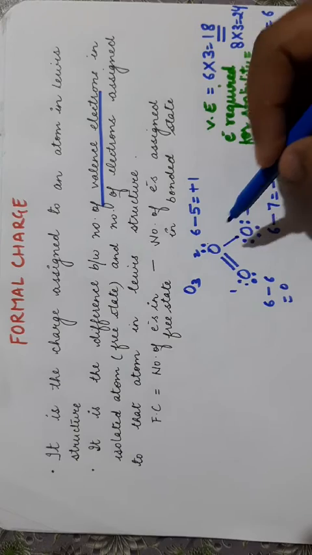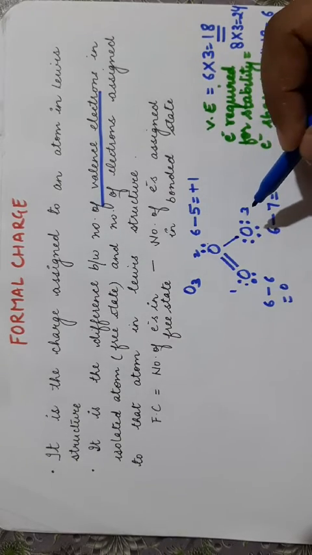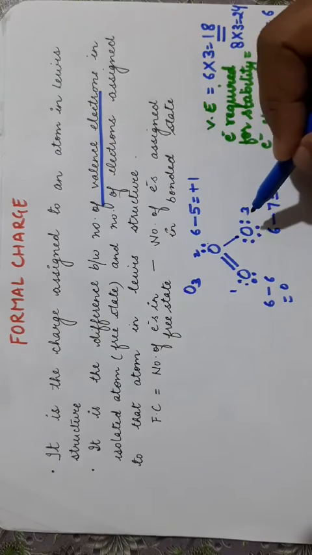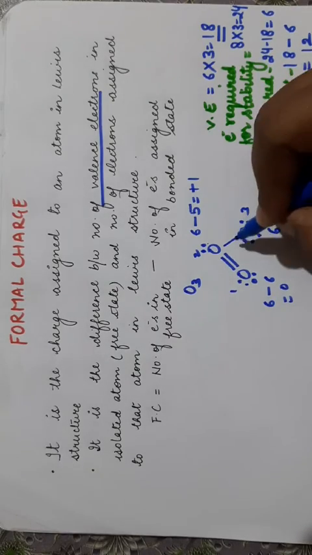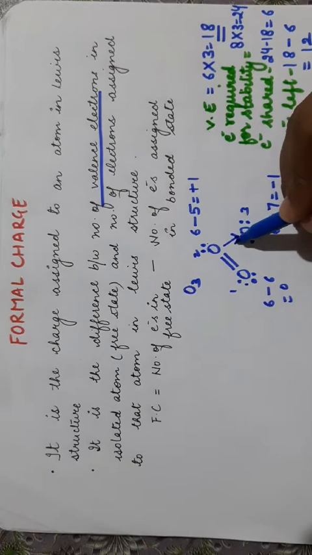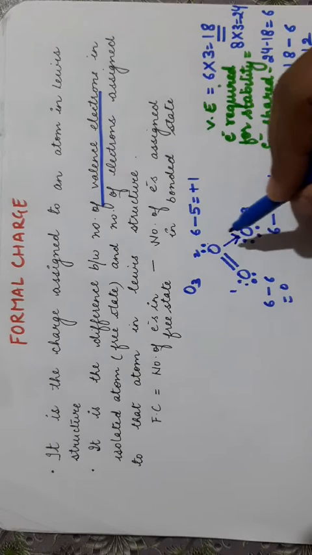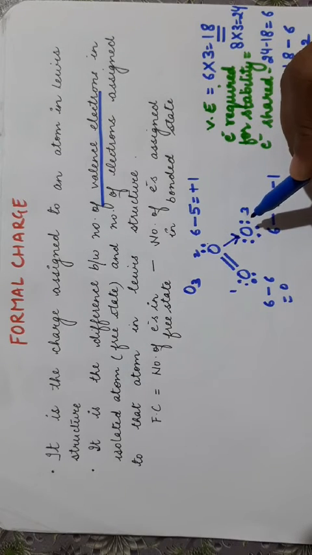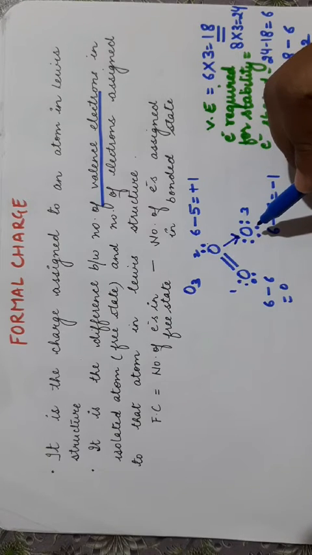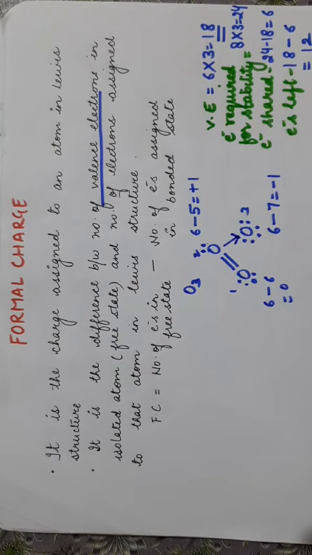And whenever there is plus 1 and minus 1 on adjacent atoms, that means there is a coordinate bond pointing from the atom which has plus charge towards the atom which has minus charge. That means there is a coordinate bond here. Earlier when the Lewis dot structures were written, at that time coordinate bonds were not discovered. There was no concept of coordinate bond. Later on when it was discovered, it was found that if there is a plus minus charge on adjacent atoms in the Lewis dot structure, that means a coordinate bond is there pointing from the atom which has positive charge towards the atom which has negative charge. So I hope it is clear.